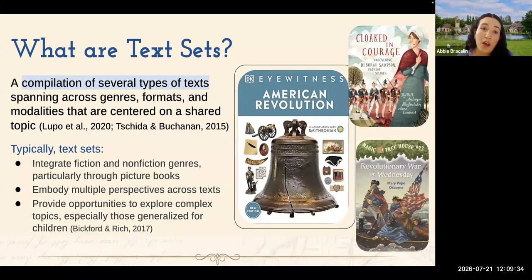I think I have used them for a lot of different topics, like for science, natural disasters. There were a couple in third grade that I did on natural disasters. And then American Revolution, which I'll talk about in a minute, with my third graders. So text sets can be incorporated no matter the topic. You just have to find the right text for it. Oh, the Olympics. Okay, that's a good one. I hadn't thought about that. That's a great one. There are so many options with that because you could do the sports and you could do the history of the Olympics.